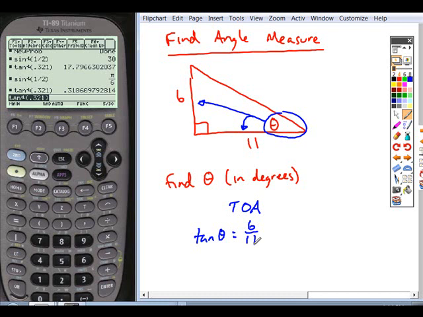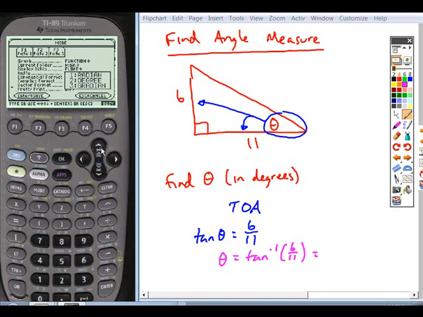Okay, so what this means and the way that you translate this into finding an angle is if you know that the tangent ratio is 6 over 11, then to find the angle, you take the inverse tan of that ratio. Okay, so the inverse tangent of 6 over 11 is going to give us the angle that fits this description. Okay, so if we take the inverse tan, let's switch back to